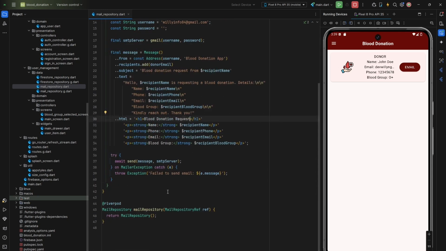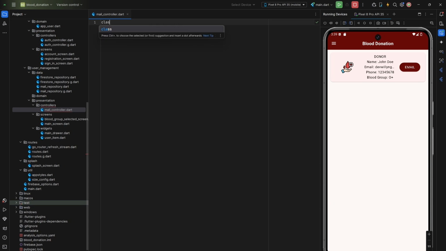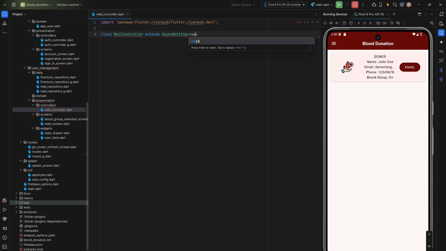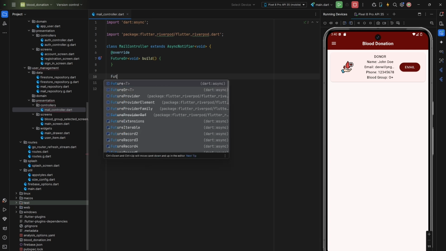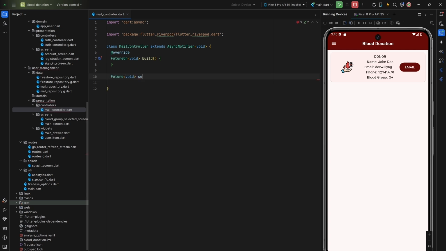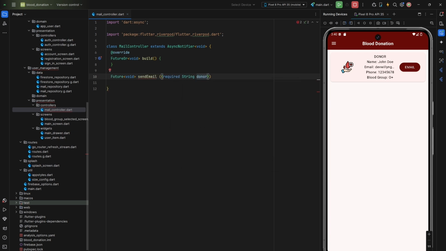I want us to create a controller so that we can update the state when we tap on this email button. So we are done with the mail repository. Go to the controller, and I'm going to create mail controller here. So class MailController, this extends AsyncNotifier of type void. Here we need to override the build method, and for the moment you are not going to do anything. Here we create the method Future void sendEmail. It has required string donor email,